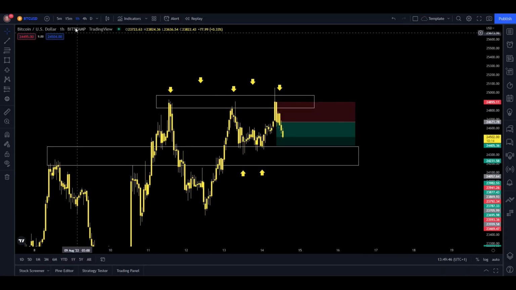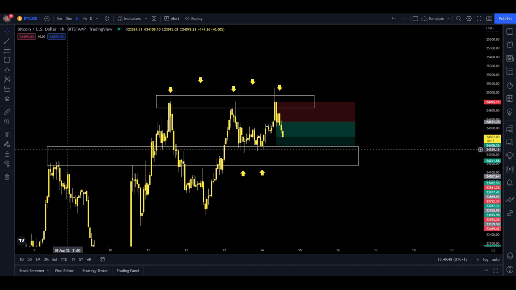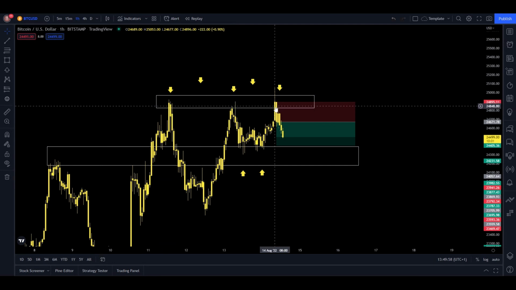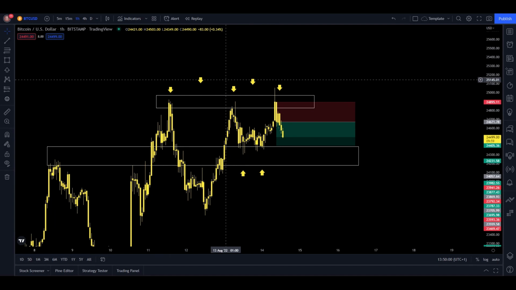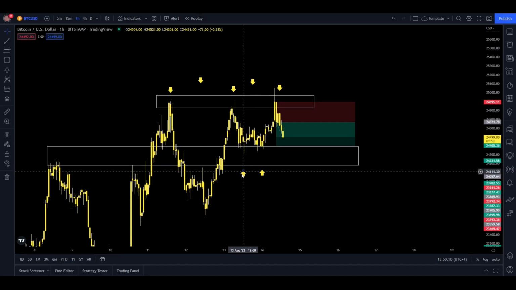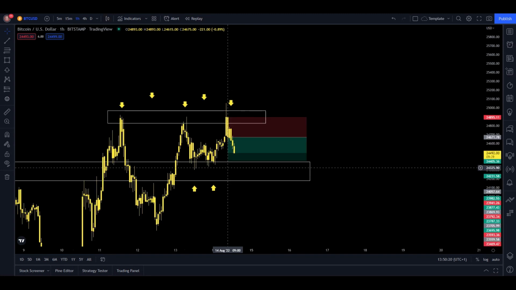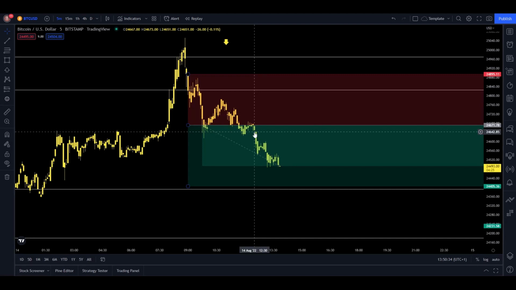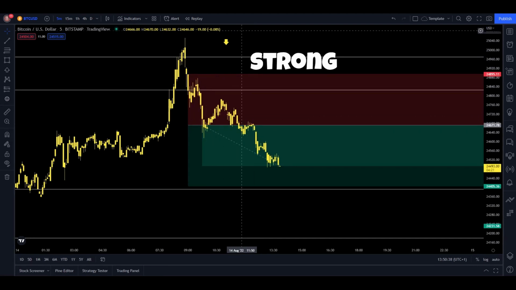So you just want to go on a higher time frame and draw lines on key zones where price has strongly rejected off it. You can see why I drew the line up here, because we've had 3 rejections off this level. Price does not want to go up here. Vice versa down here, where price is now bouncing off this because there is buyers. This is also the reason that my take profit is set at this level. You can see that I'm trading between this channel of the support and resistance because there is strong selling here